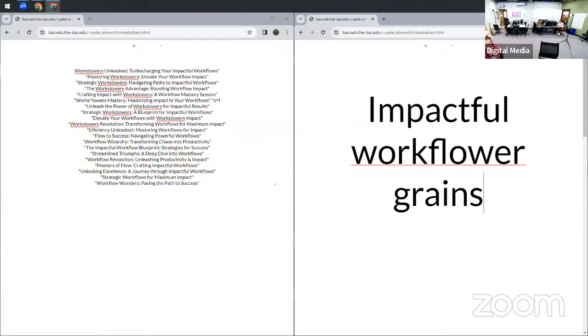Impactful workflow drains. It means we are now studying something and we can introduce something for a new generation that is useful, and use previous information to produce something new, unique, and inspire others to create.